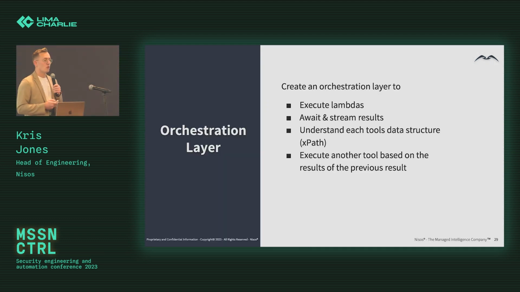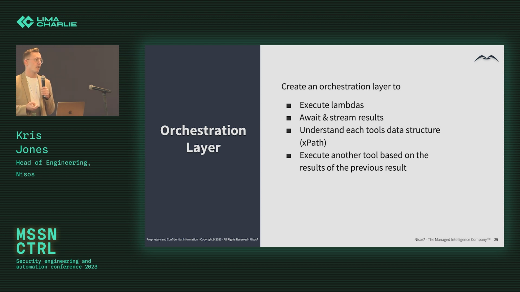And the key part to all of this and creating the automations is having an orchestration layer. The orchestration layer knows and understands what lambdas to execute and chain together. It knows how to await the results, and it knows how to parse the results. So if you look at the Sherlock example, give me all of the email addresses and accounts, we're able to then dive deep into that specific Sherlock response, grab the email address and username returned, and then do further data enrichment from there. And that's all possible to do because we understand the underlying data structure of what that tool result looks like.